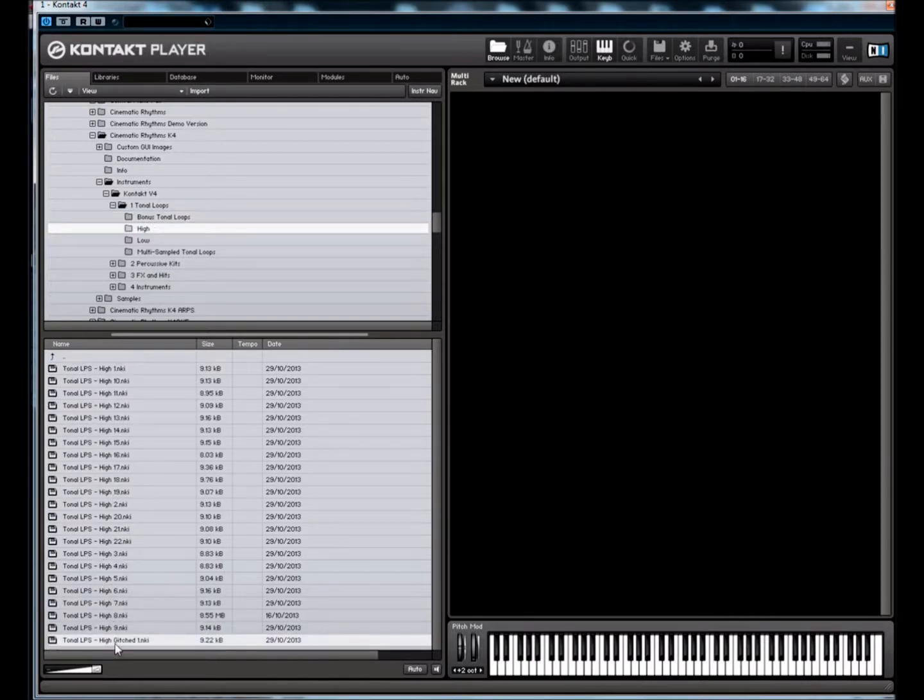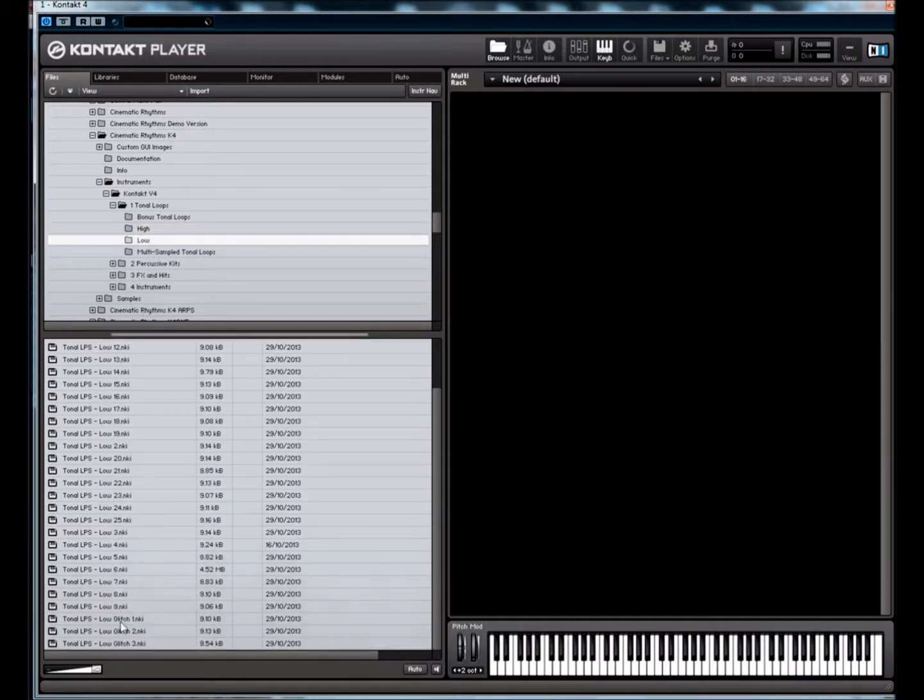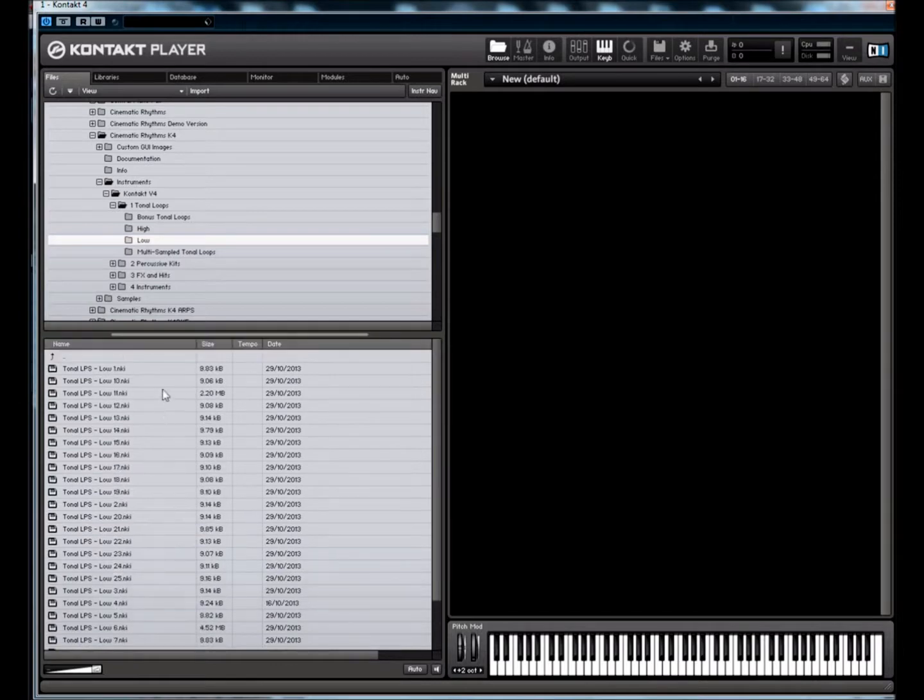Okay, there's a couple of bonus ones as well. High glitch, not really put many in there, I just put one in there, and the low one I put 3. Okay, the low tonal loops,